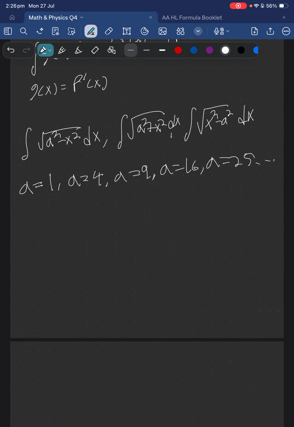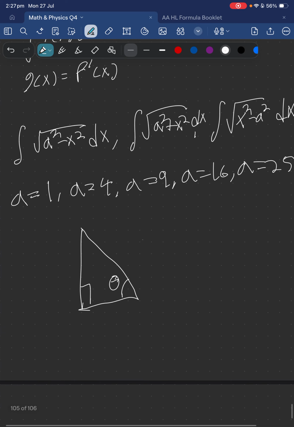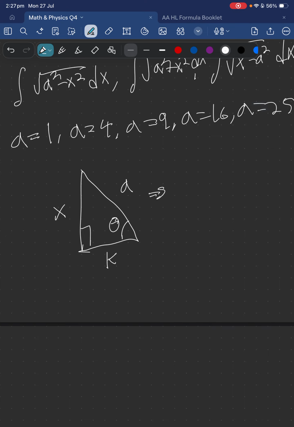I'll show you an example, but before we get to that, let's look at a simple right angle triangle, and say this angle here is theta. So if we look at the first example here, a squared minus x squared, a is going to be our hypotenuse and x will be our opposite side. Why is that so? Let's say this is k. We don't know what the value of k is, but we know what a and x are. So k squared plus x squared is equal to a squared, Pythagoras' theorem. To solve for k, we would do the square root of a squared minus x squared. And you can see how this is identical